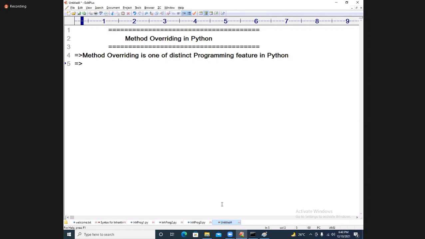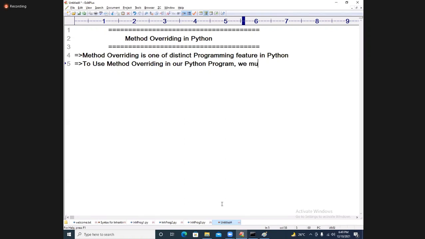What is this method overriding? To use method overriding in our Python program, we must use the inheritance principle.